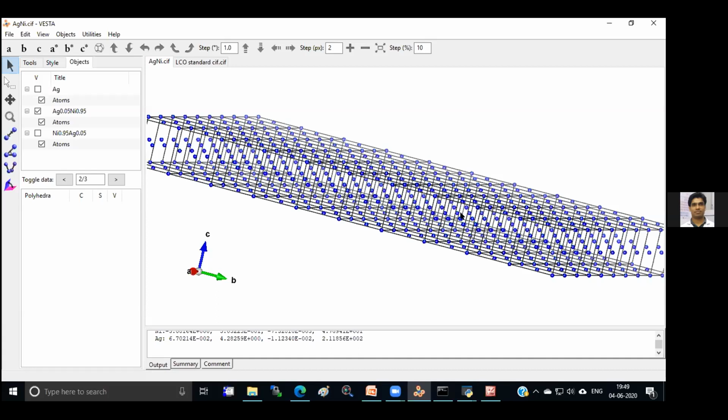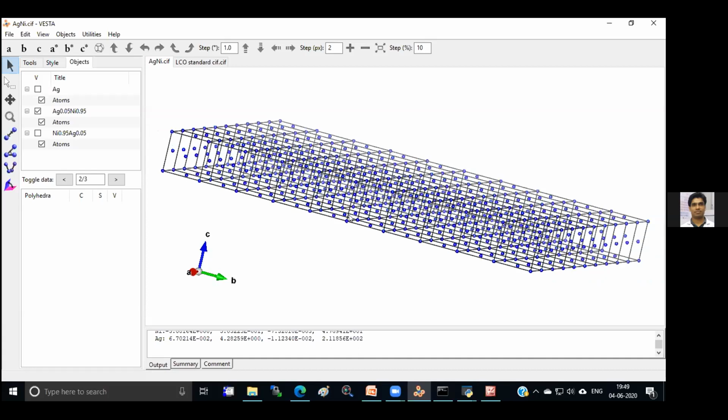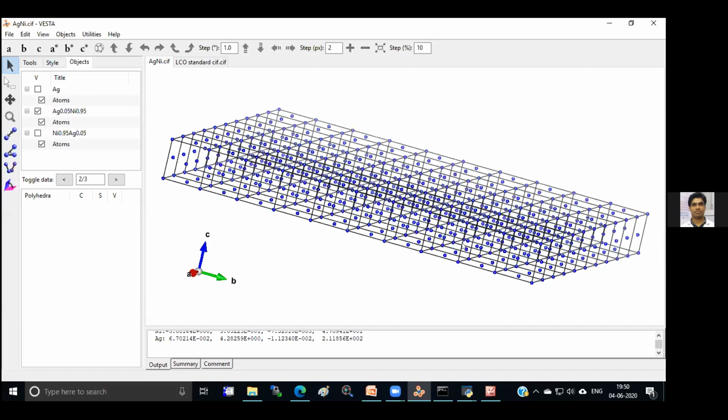Okay. So that will not work. You need to have the CIF file for silver only. One way you can do it is, nickel and silver have a similar type of crystal structure. You can replace the nickel in that nickel CIF with silver. From there you can easily take the nickel CIF as a silver CIF by replacing the nickel atoms with the silver atoms, because they have a similar crystal structure and all the symmetry points are also similar in both cases.